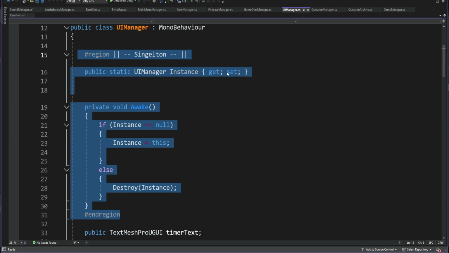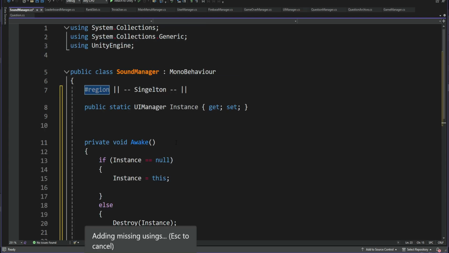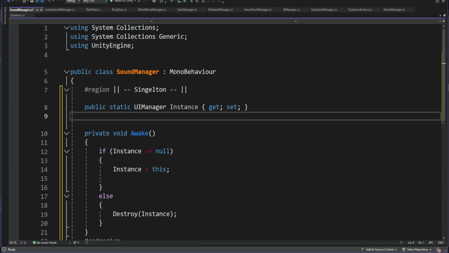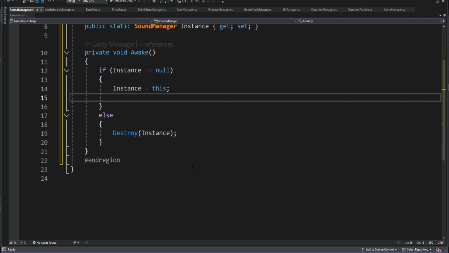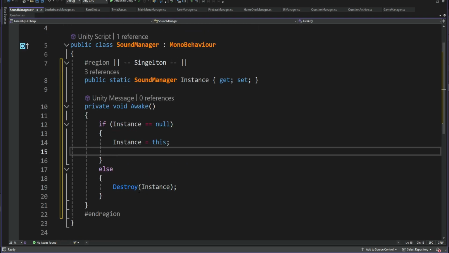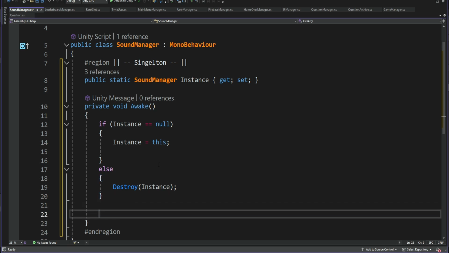So we have the actual instance declaration and we also have the awake method. We're going to copy this and we're going to paste it inside. We also need to rename the instance, so we simply name it Sound Manager. And over here, we want to do something different. After this is done, after we check if this is the only instance,